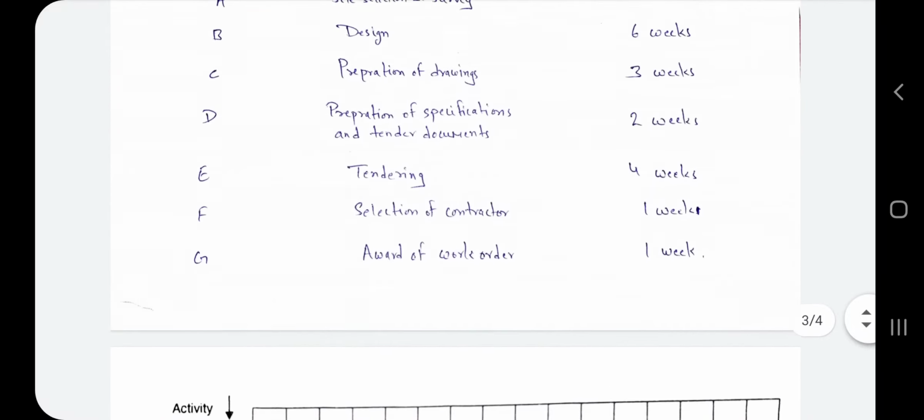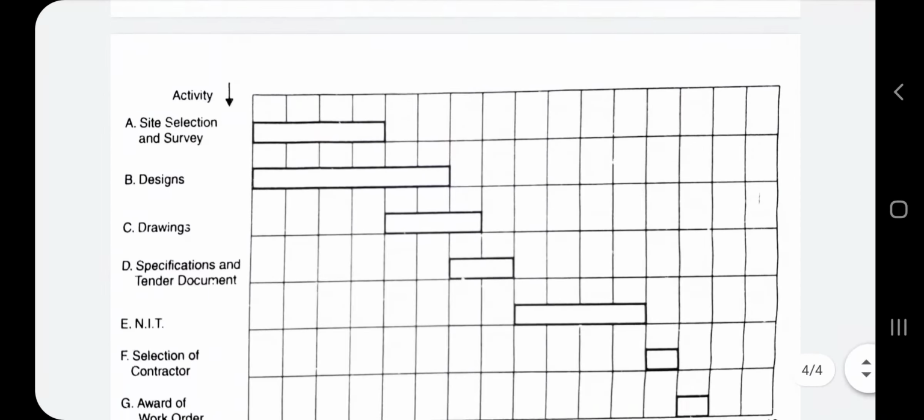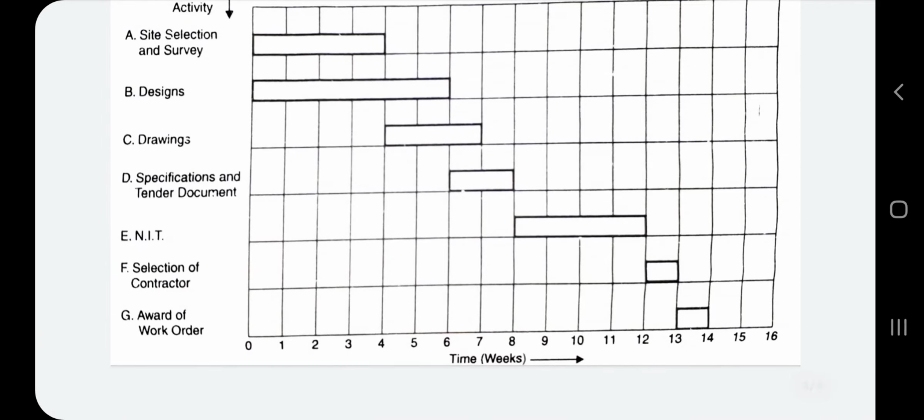Okay, now tendering: when our document is prepared, we have to upload this document on the website where we want to tender this specification. So when activity D ends, activity E starts, meaning tendering starts.